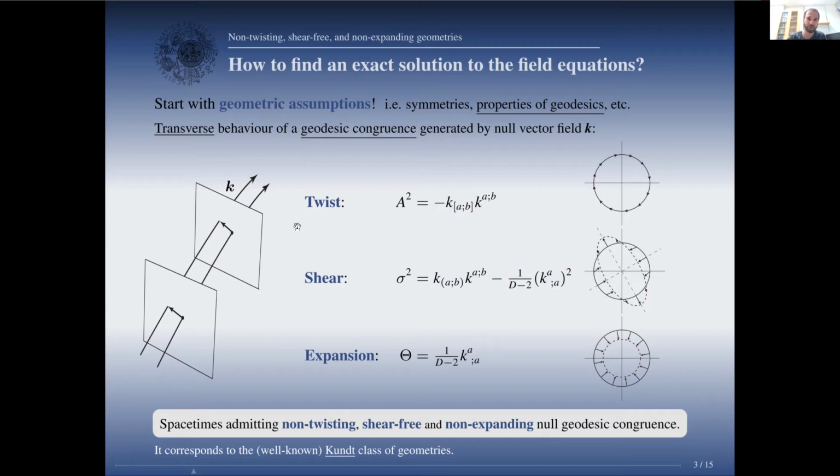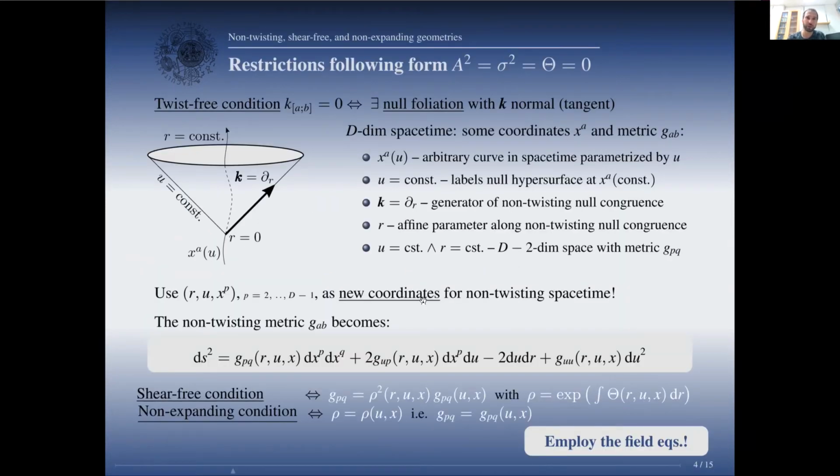And this can be characterized by so-called optical scalars. Again, it's a textbook example. And we have twist, shear, and expansion. It's given in terms of this null vector field. And we assume that all these scalars are vanishing. What does it mean for the spacetime, for the spacetime metric? So it's written here. The probably crucial condition is that our congruence is twist-free, which is equivalent to the existence